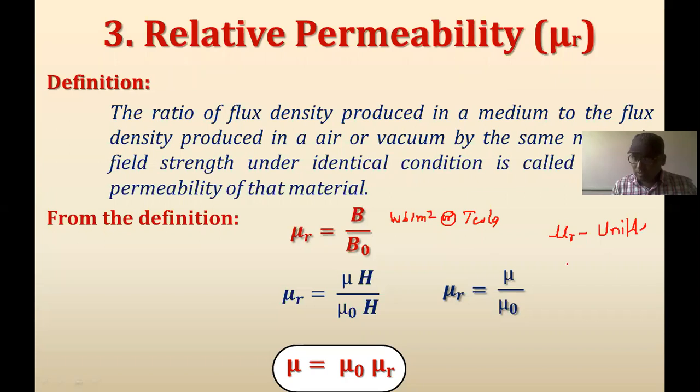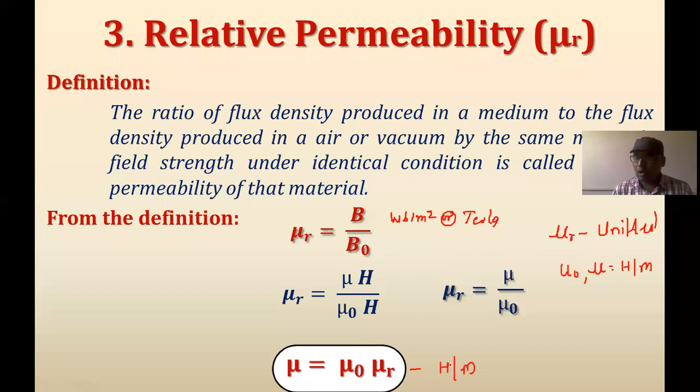Is it right? But if you see the unit for mu zero and mu, it is nothing but Henry per meter. So these things may be asked as an MCQ type of question. So the unit of this mu is what? It's Henry per meter. Is that clear? So these three terms: one is the permeability of free space, mu naught; then second is the permeability of a medium, mu; and the third one is the relative permeability, mu r.